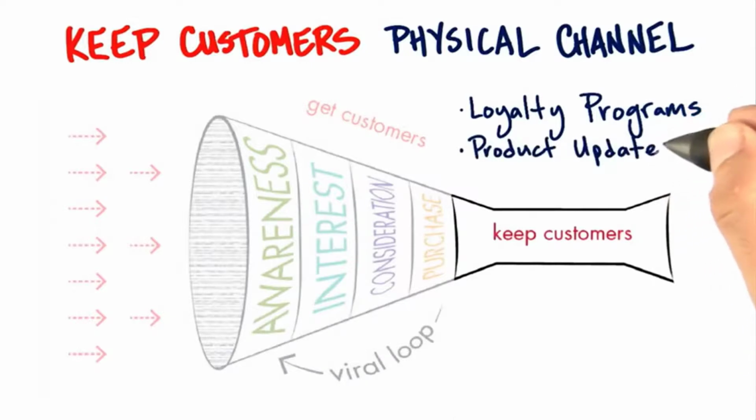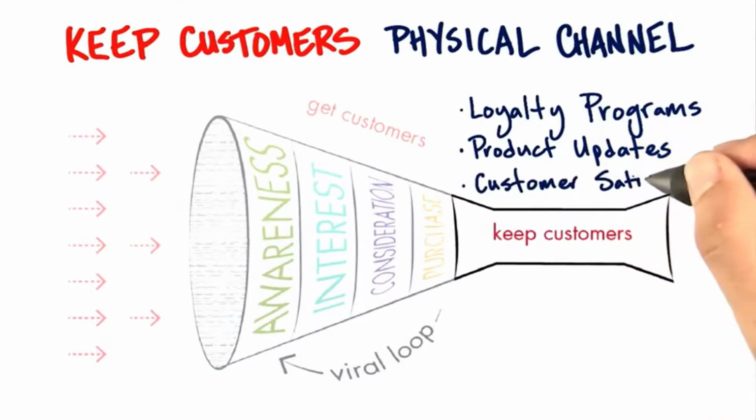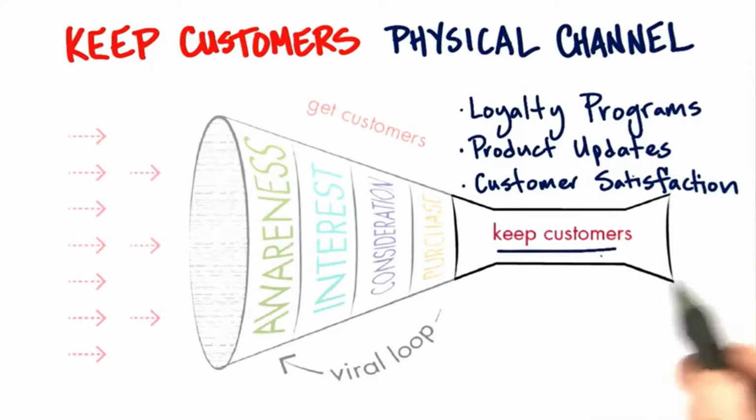Or product updates. Here's a way to keep me loyal: instead of just this one-time purchase, I'm getting these updates or newsletters or something useful through the lifetime of the product. And smart companies who not only do loyalty and product updates sometimes just send me newsletters and here's what's going on and here's whatever and how can we help you, etc. Even though on day one you're not thinking about keeping customers because you're desperately worried about getting them, just understand the next thing you're going to be doing is worrying about how to keep your most valuable customers.